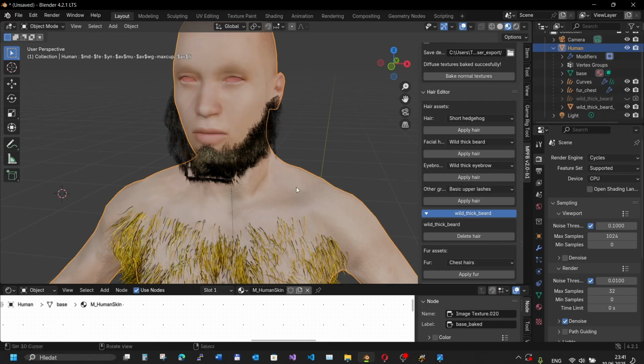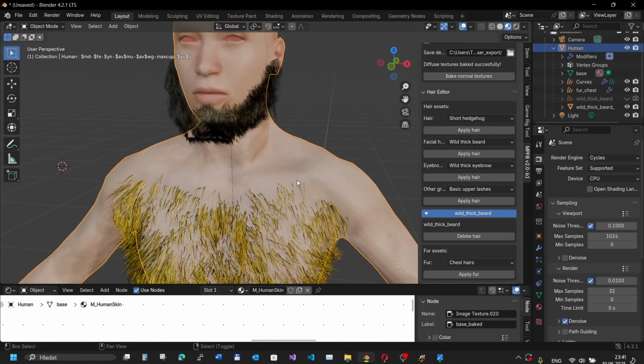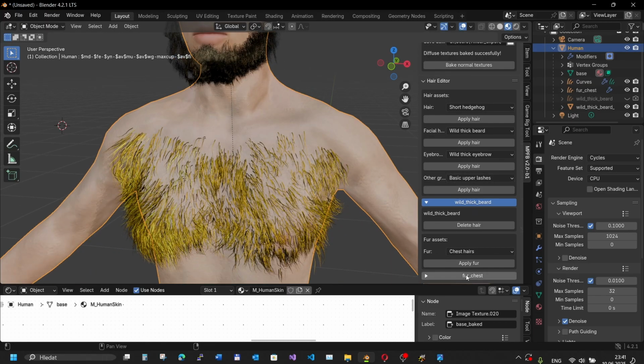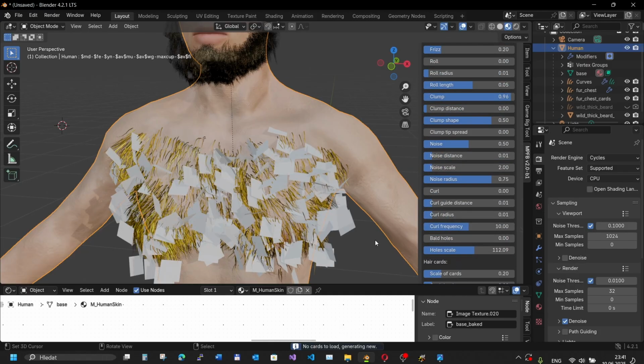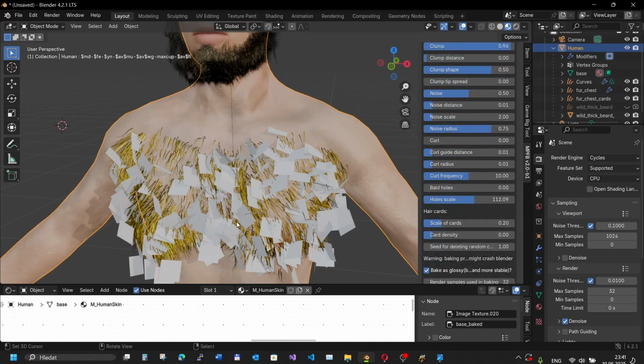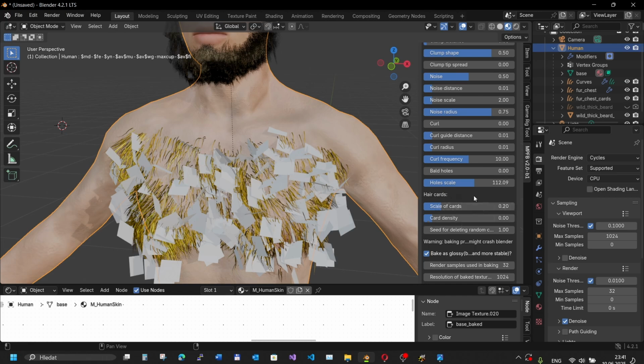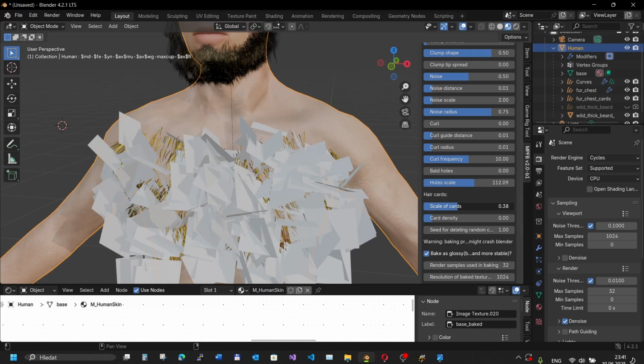Now we are going to do the same thing for the chest hair. Let's go here and convert to cards. Because chest hair do not have a pre-created cards asset, cards will be generated around the curves. And we can adjust the parameters of the generation. We can change the scale of the cards